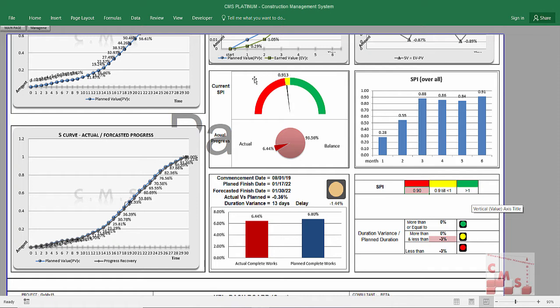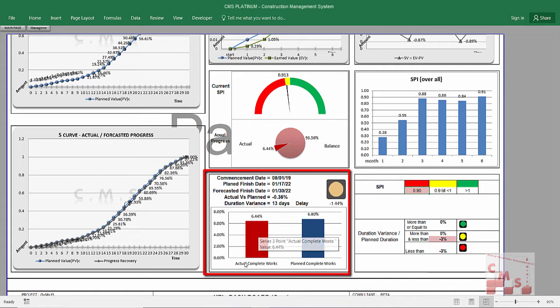Okay, so when we look at this directly, you will know where you are related to the progress. Here is the indication for the actual progress. Again, here is the balance to be completed. This chart is also telling what the actual completed work is and the planned completed work, and the narrative here tells about the commencement date, the planned finish date,